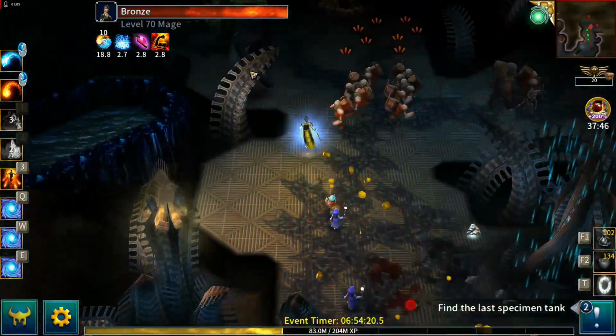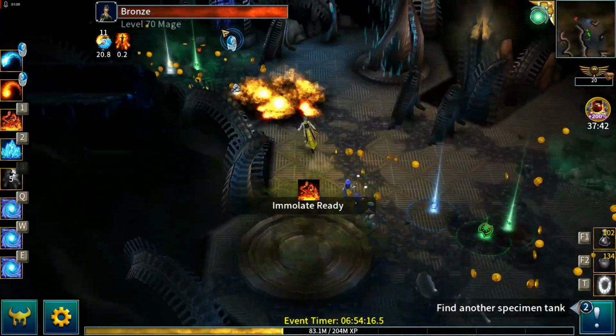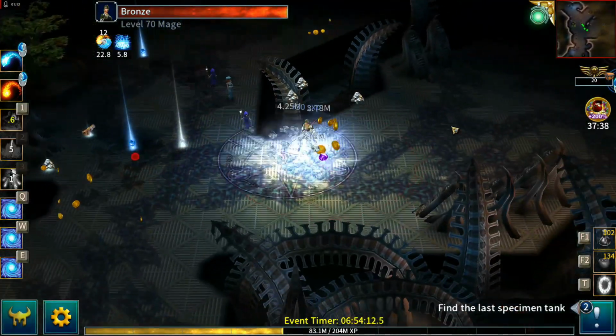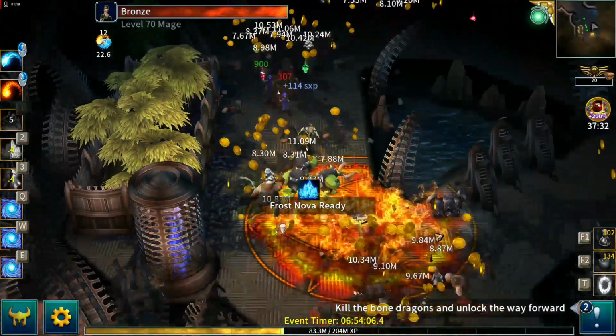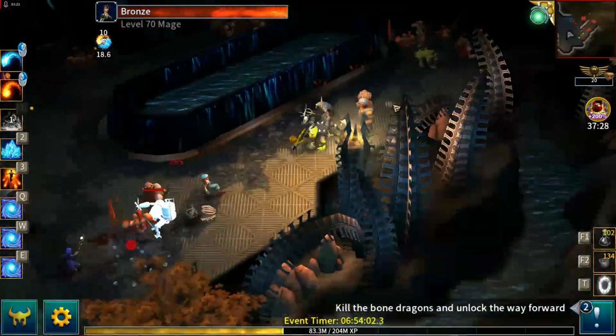Take care of that. There's a canister or a tank up there to look at, and then there's one down here. So that's those done. We can just get to the end of the level, come down here for that chest, try not to get stuck on the scenery,